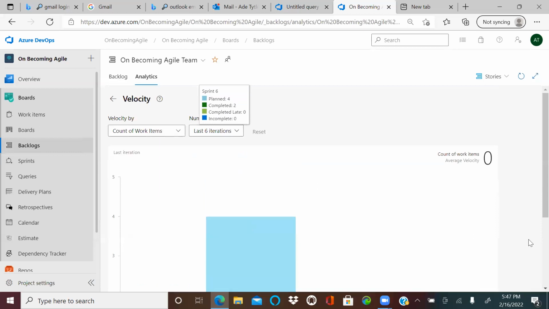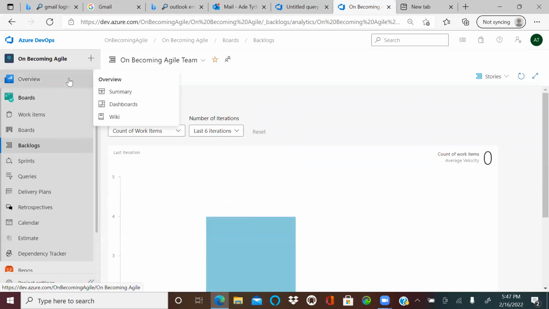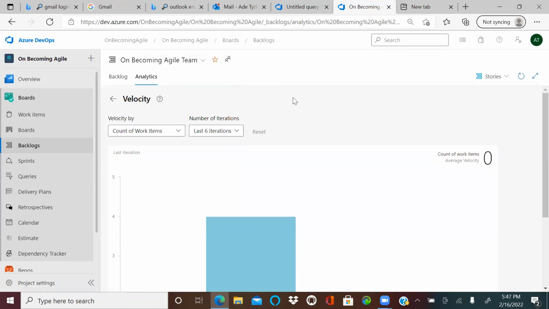But again, I rarely come here because my dashboard kind of works for me. It shows me all of those things and I don't have to manually come here one by one. So again, whatever rocks your boat is what you want to focus on. I think that should bring us to the end of the training